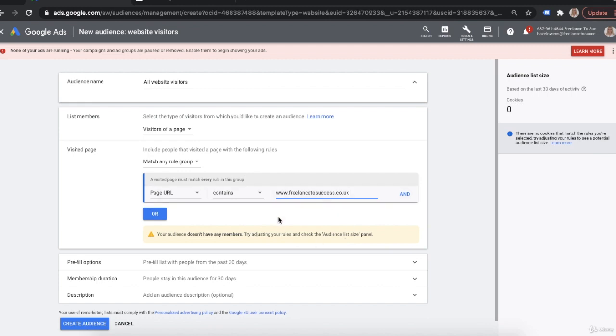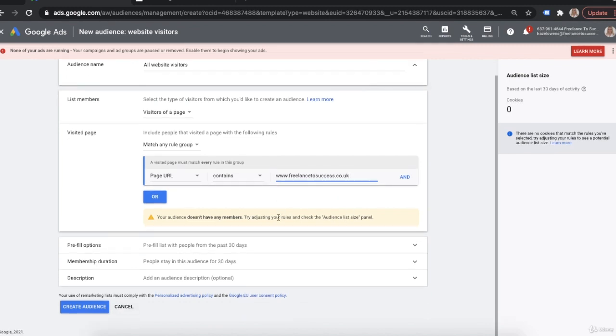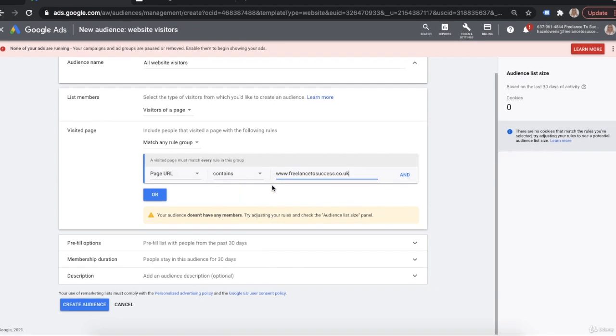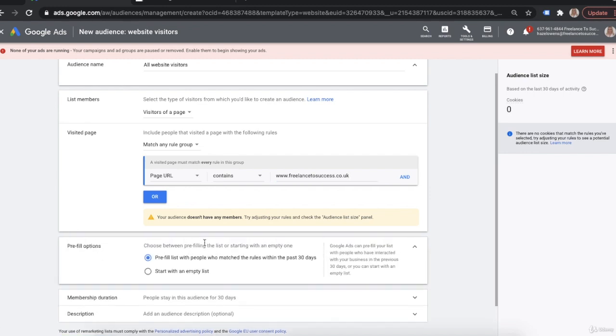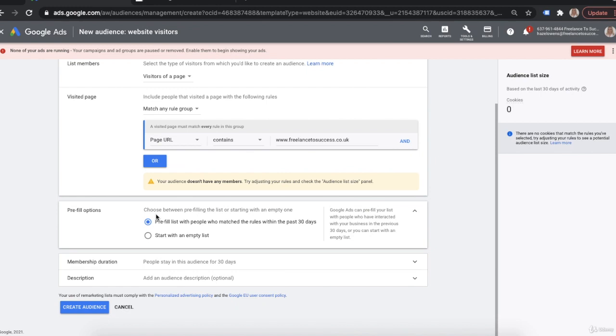Now the reason that this is coming up for me specifically is because I haven't actually added this tag to my website yet. This is just a dummy account. So just make sure you've got your tag in place before you try to start building the audiences. Then you've got some pre-fill options here at the bottom, which is really useful. So you can actually pre-populate your list if you've had your tag on your site